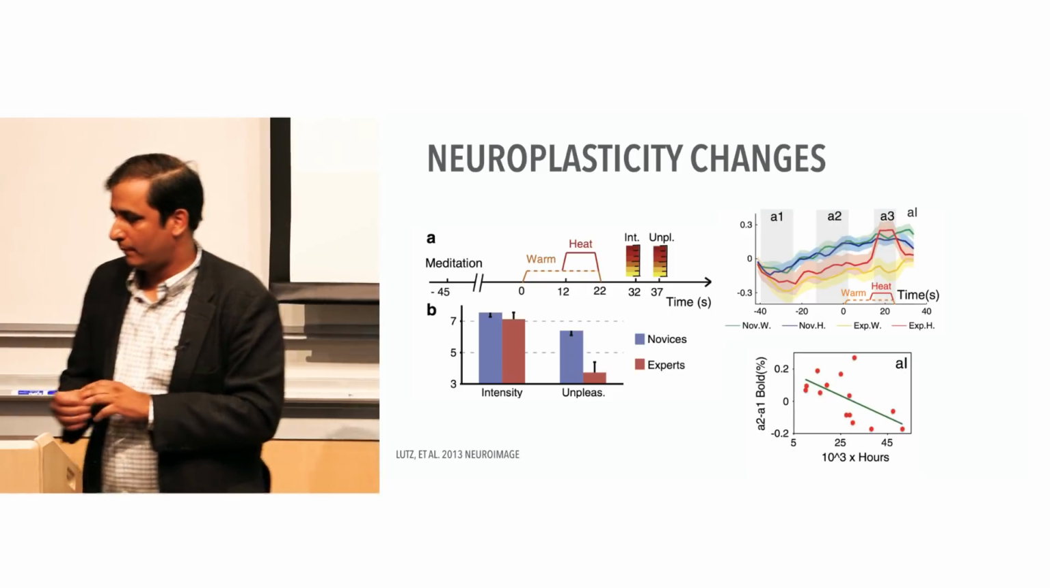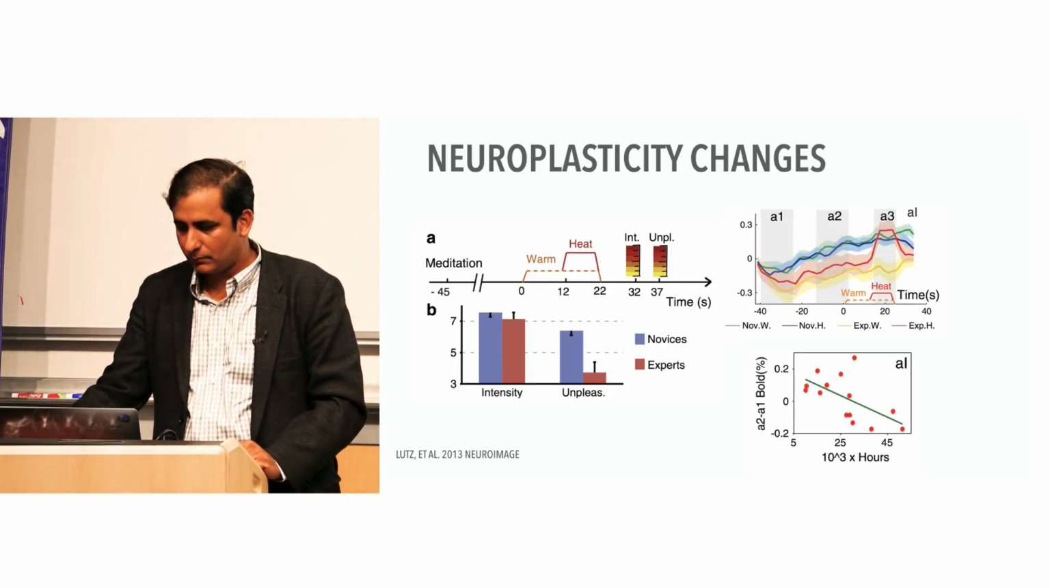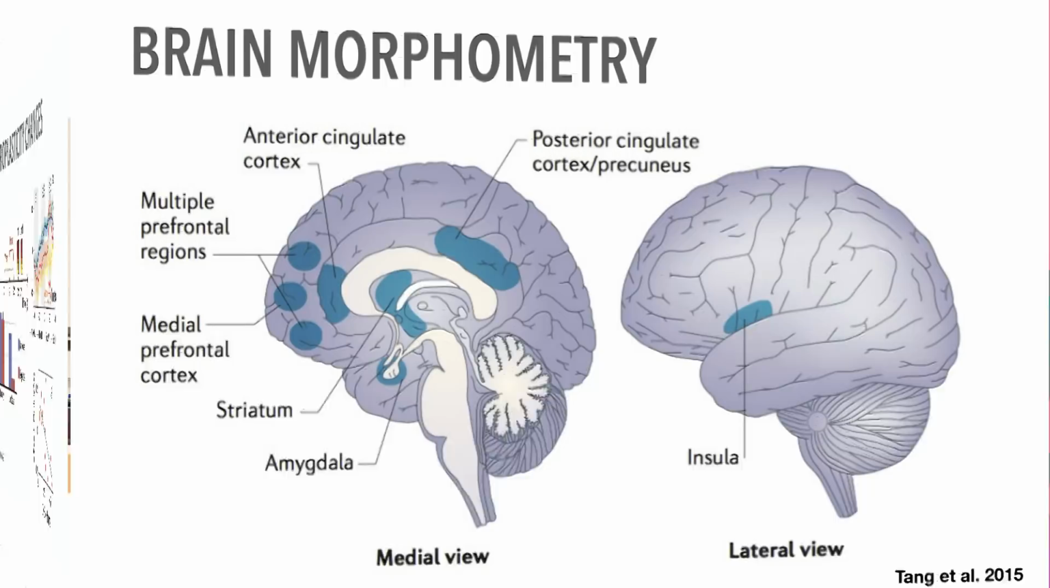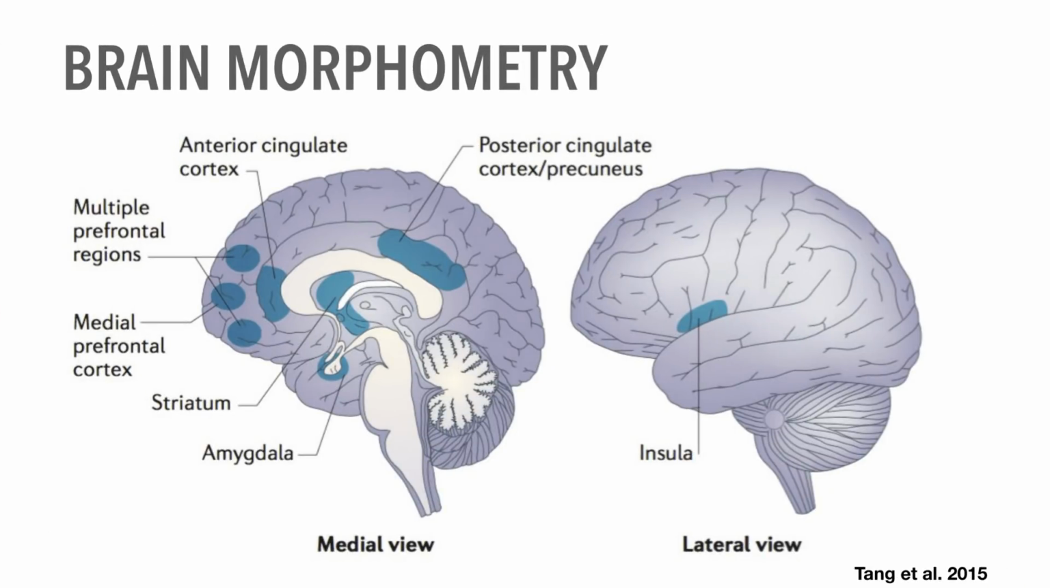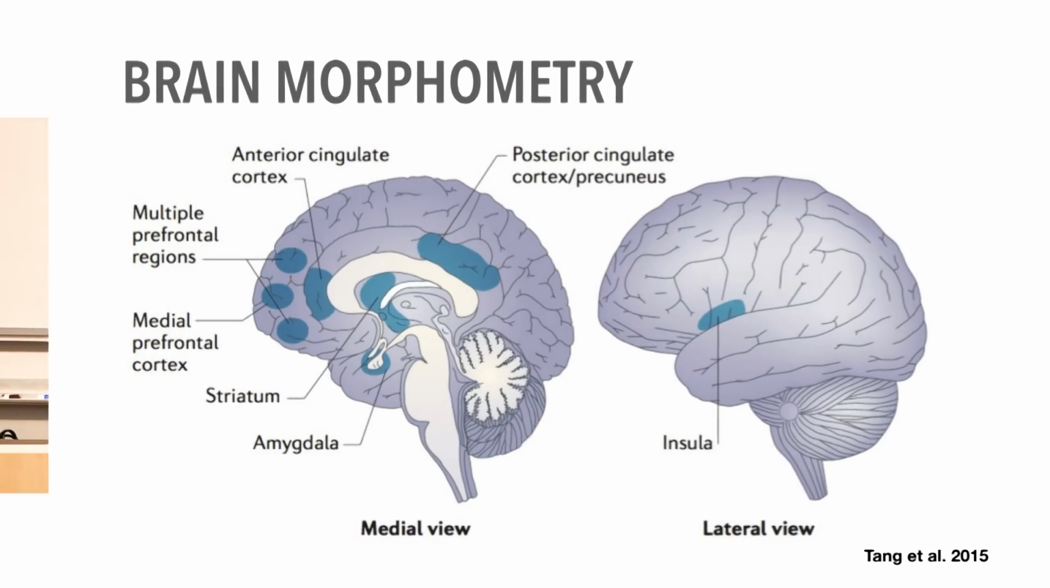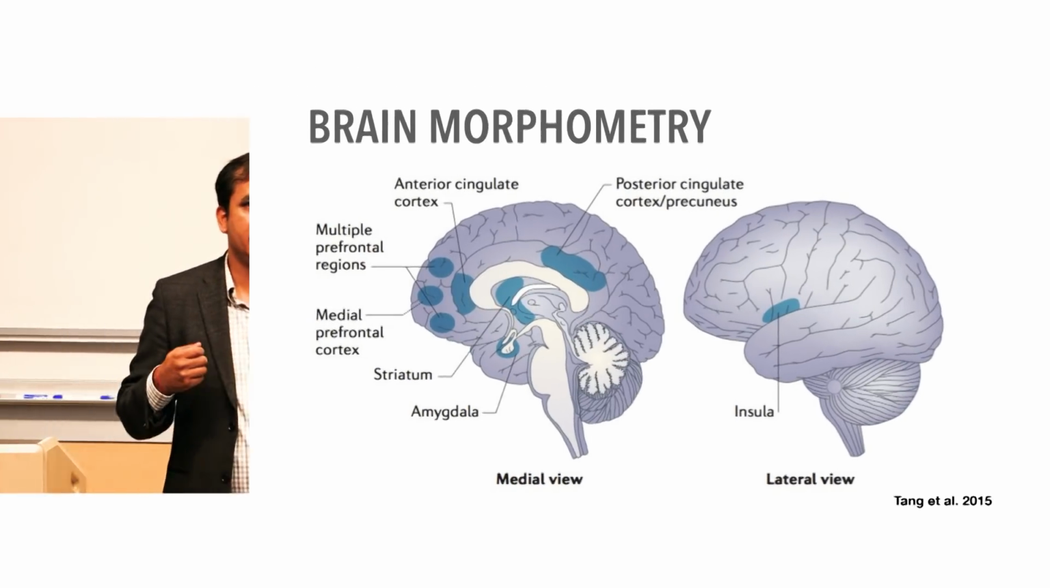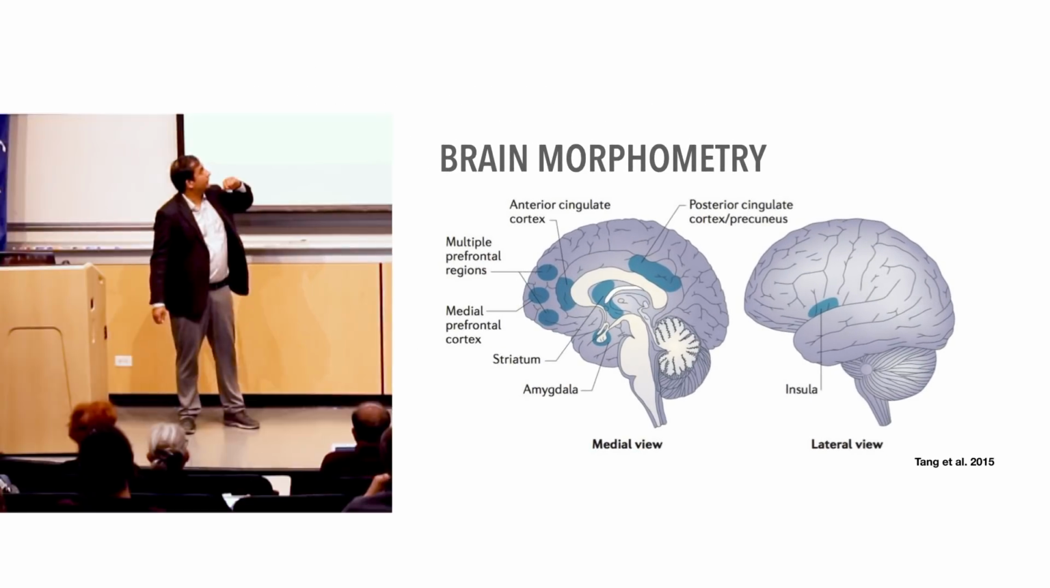But very interesting results. Another result comes from brain morphometry, meaning looking at the hardware change in the brain. The pain one was more of software. Hardware meaning we look at the thickness of the neocortex, and we know that as we age, the cortex. Well, before I go there,